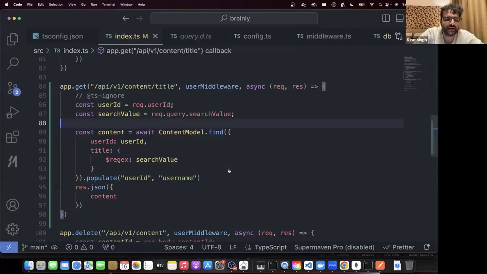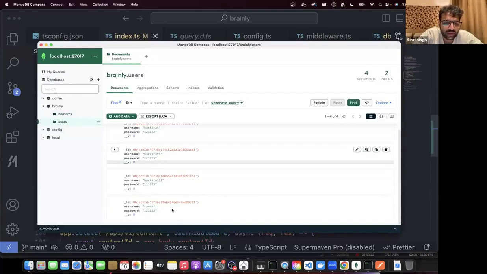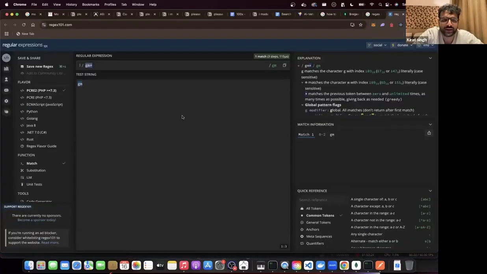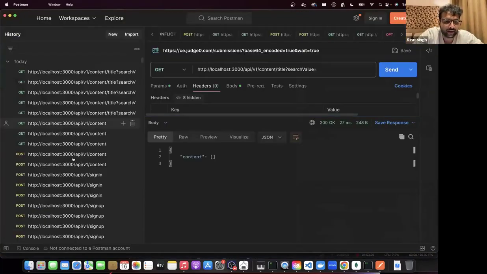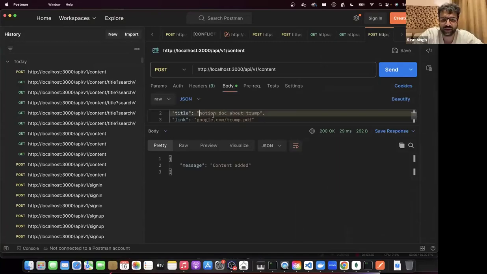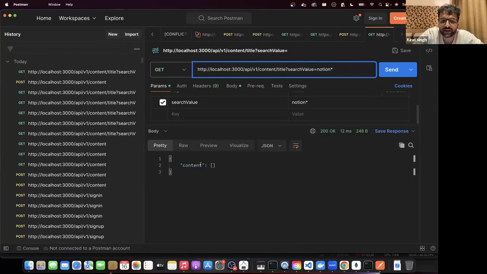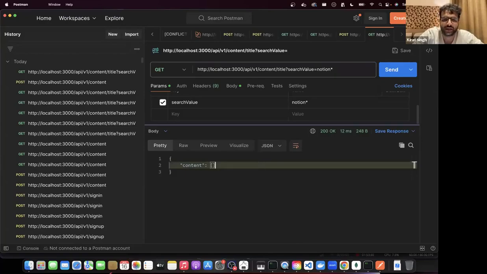So let me send a regex that looks like. What do we have in the contents अभी? Oh, ये मैंने change कर दी थी user ID. Let me quickly add content जल्दी से. Push content for this user which has body that looks like this. Notion. Doc about वो title that looks like this. तो Notion star मैं search करूँगा अब यहाँ पे. Equal to Notion star. Let's try that. Content is still empty.